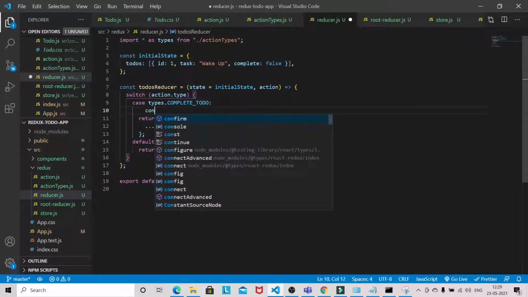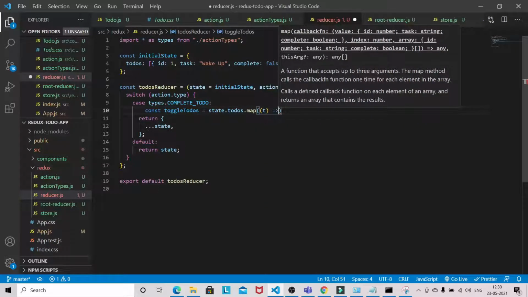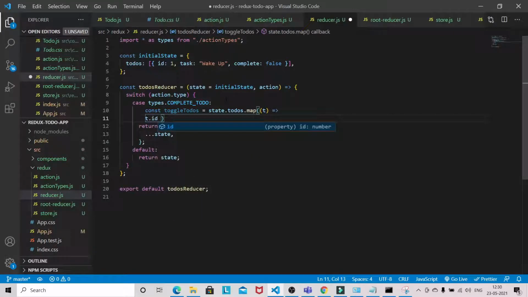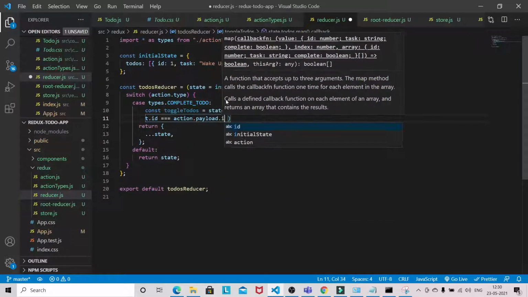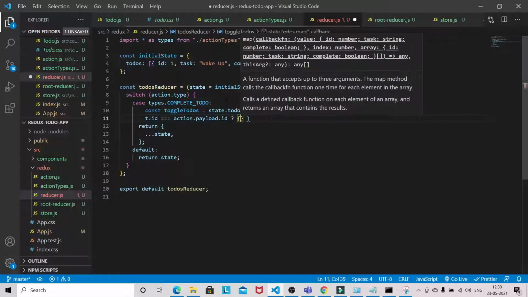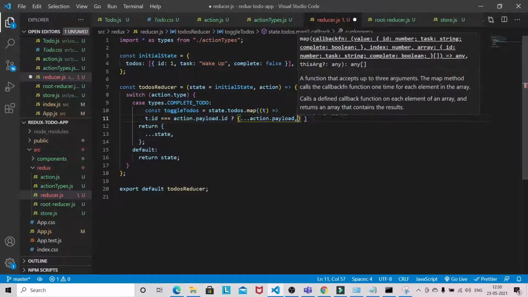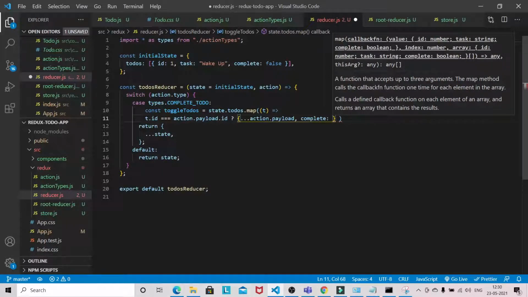So on toggle todo, state.todos.map, t.id. If it matches the action.payload.id, then what you have to do is just spread out action.payload and completed, whatever we have completed, just do a reverse.